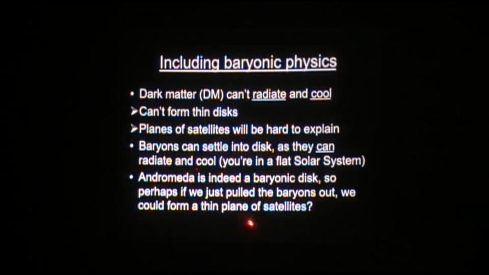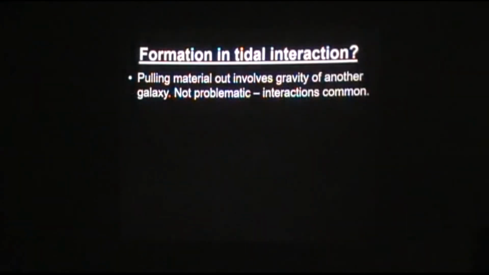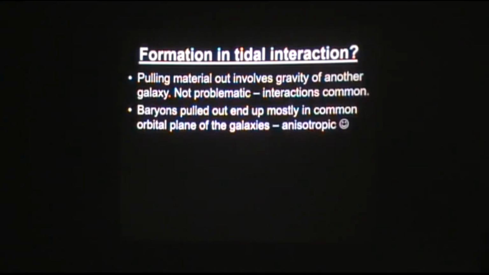What's possible is that because Andromeda is already a disk, if you pulled baryons out of it in a certain way, you might be able to get a thin kind of stream of material around it in a disk of some sort. So this obviously requires an interaction with another galaxy, right? But that is not a problem because interactions between galaxies are not really that rare. What would happen in this scenario? Why was it so controversial that this happened? We will see in a moment, but for the moment, let's just think through this scenario.